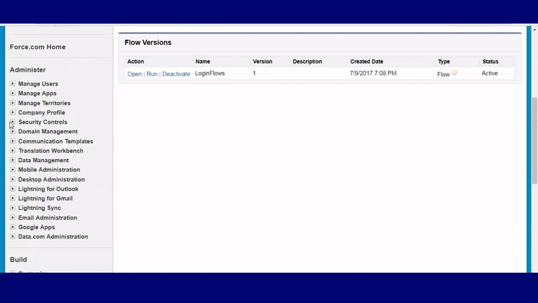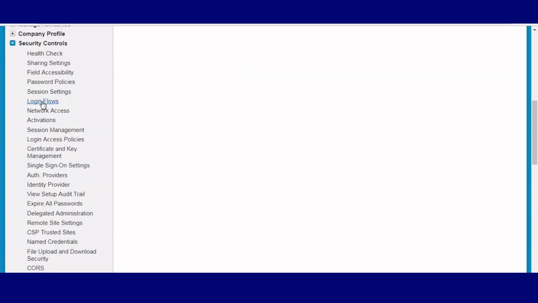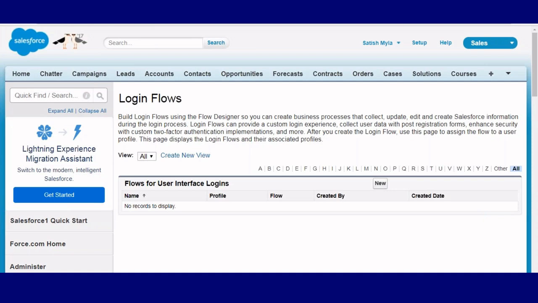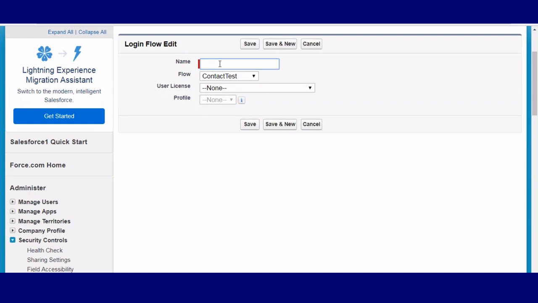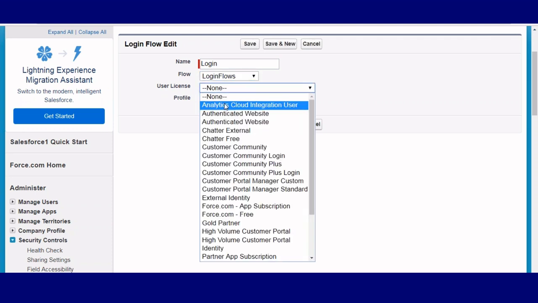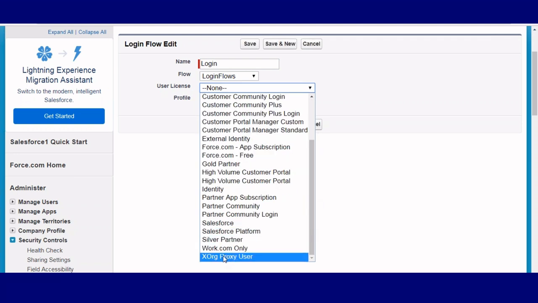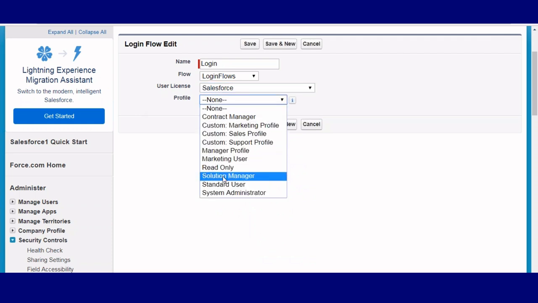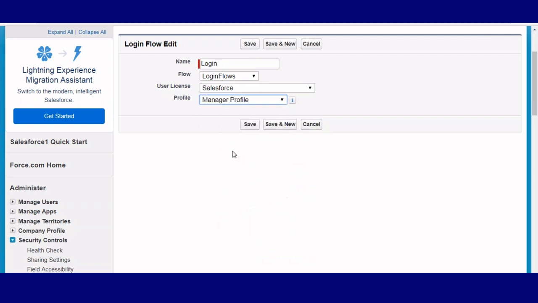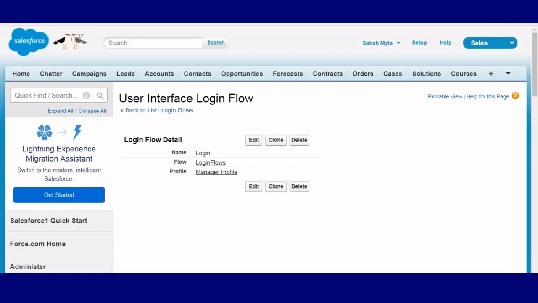What is it? Security controls. Then we have login flows, new login flow. For which user? Salesforce licensed user. Which profile? Student profile. So we'll take a Wilson profile, Wilson manager. So when Wilson is trying to log in,